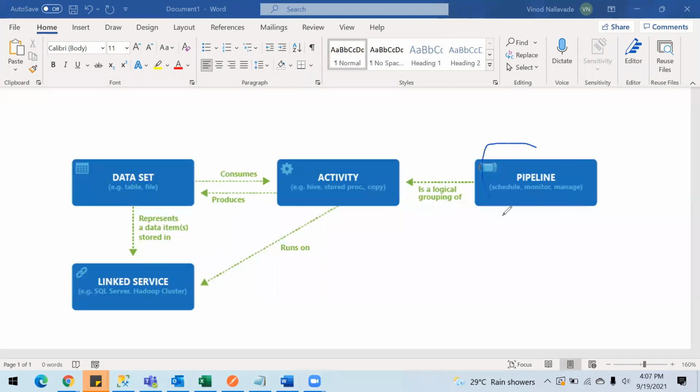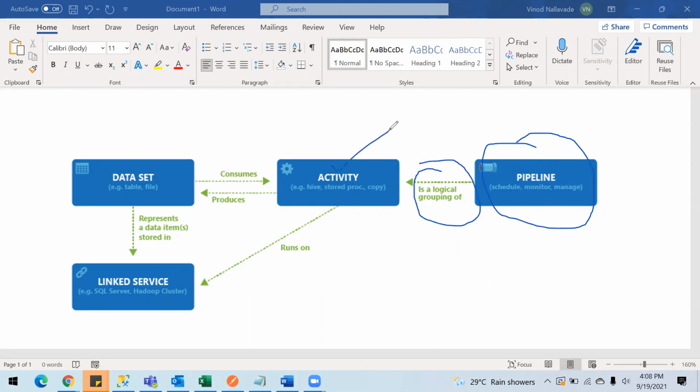Yeah, so this is the pipeline where you will have all your activities. If you want to do some kind of extraction, or if you want to transform the data, like do aggregations or deletions, some kind of operation on the raw data, you will do it inside the pipeline. So what basically a pipeline is, a pipeline is a logical grouping of activities.